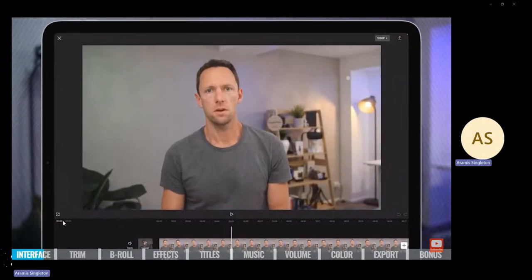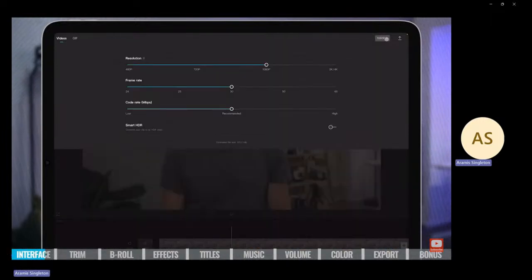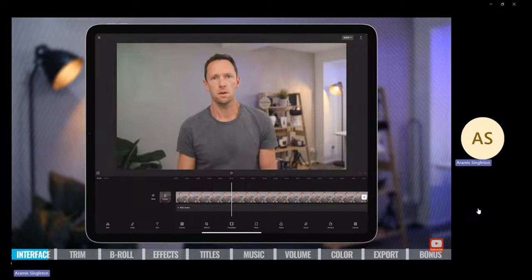We can also see straight away up the top here in the top right-hand corner, the project settings. So this is currently set to 1080p because that's the footage that I've imported. That's what I'm editing with here. But you can see we can also adjust this. If we want to create a 4K video, we could drag this up to here. Likewise, if we want to make adjustments to our frame rate or even the quality of the video before we save it out, then we can do that in here too. So I'm going to set that back to 1080p